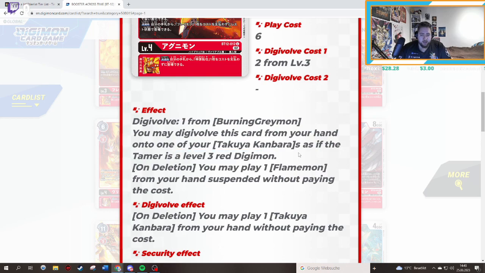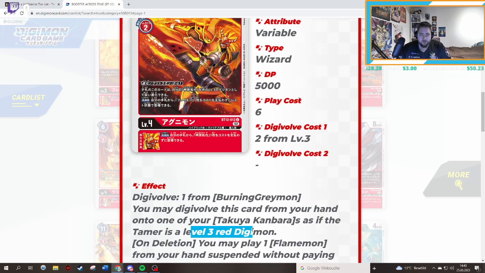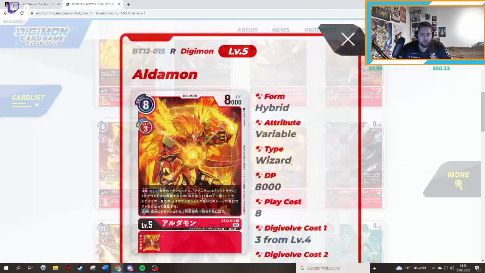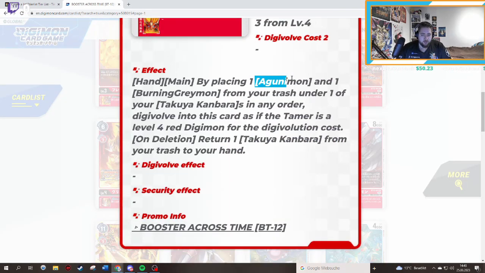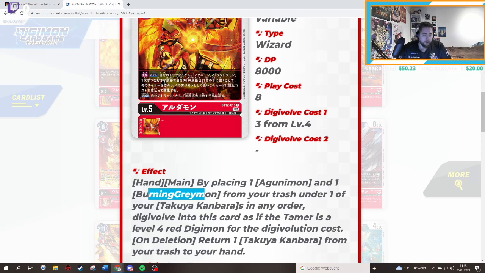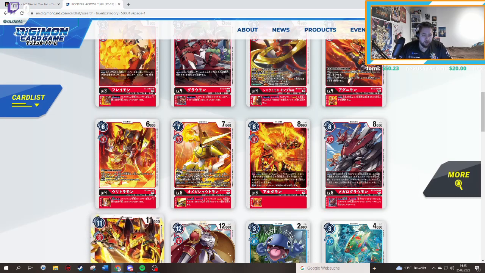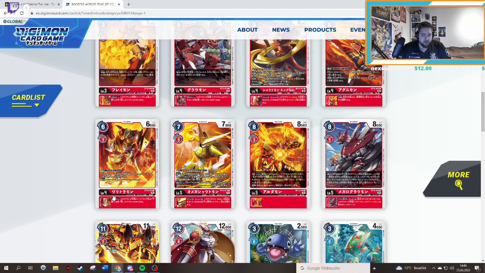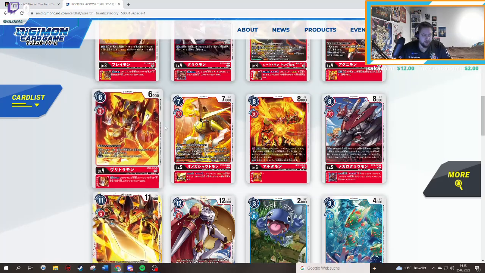Like always, you can play a Tamer, or you can play a Digimon. Tamer, Digimon, Tamer, Digimon, and then you can always come up with this bad boy, like Hyper Spirit with Agunimon and Burning Greymon, and then you need a Tamer and can evolve up to it. Then you can go into your boss monster for free, or have security +1, delete something on board, and if this has a red Tamer and its illusion card, you can always delete one of your opponent's Digimon with less or equal DP to the Digimon's. On the you can play a Tamer as well, so you don't lose any value with these cards,